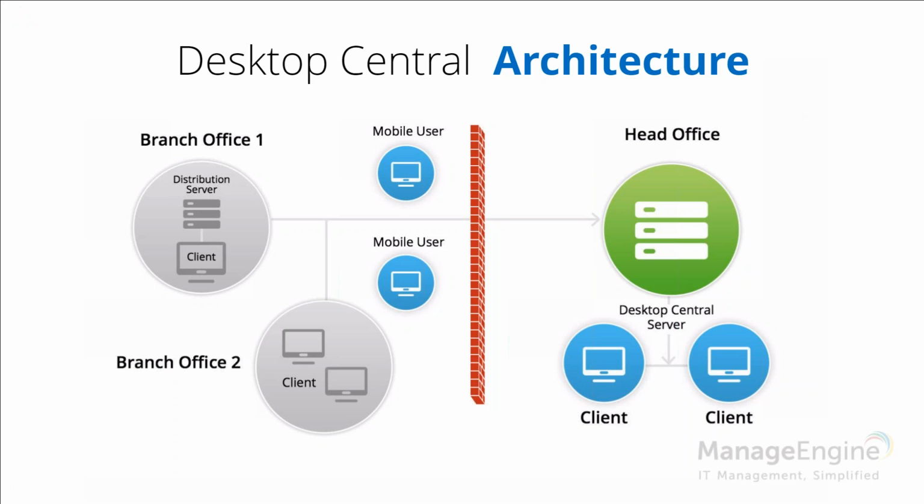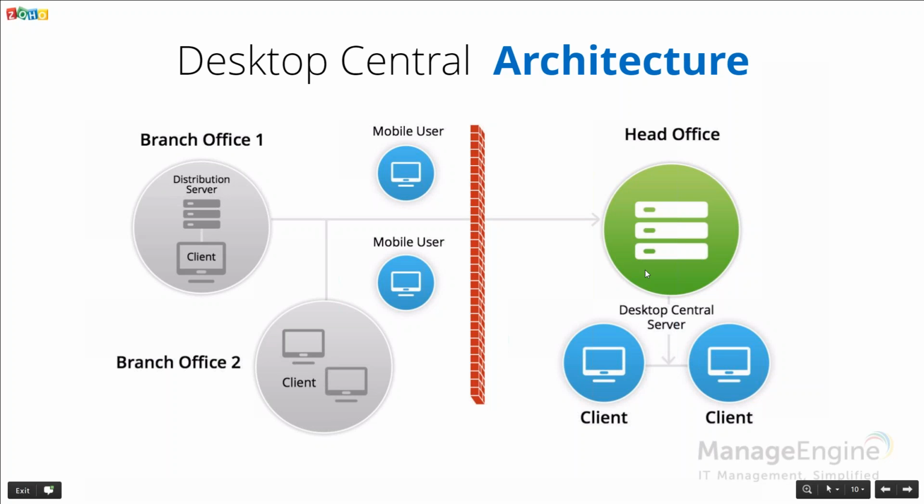So I'm going to talk on the Desktop Central architecture. A few of you might be new to the product, so I want to explain how it really works in the back end as far as the entire Desktop Central application is concerned. As you can see on your screen, you'll have your Desktop Central server installed in your head office, and you have clients managed locally. Once you install agents on them, they'll be communicating to the local server and checking for any task and executing